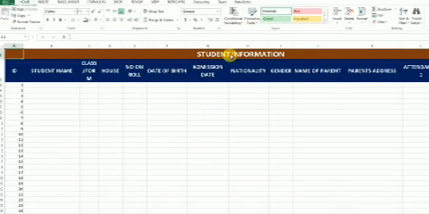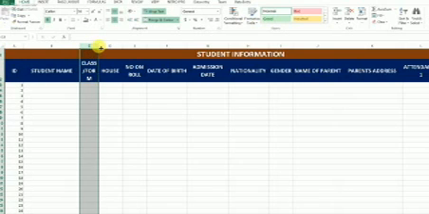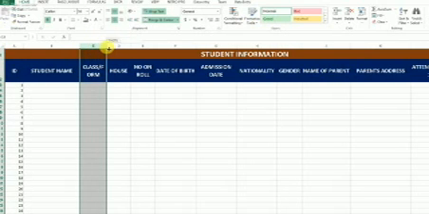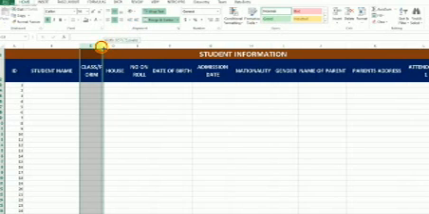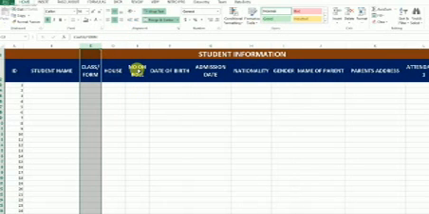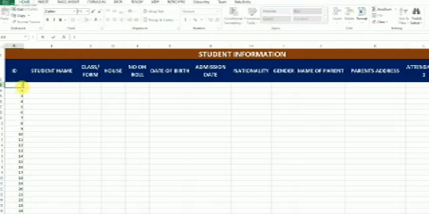So now we have student information, and then we have ID, then we have student name, class or form, then we have house, number on roll, and then date of birth, admission date, nationality, in that order. So now the date or the student ID, let me adjust this a little bit.